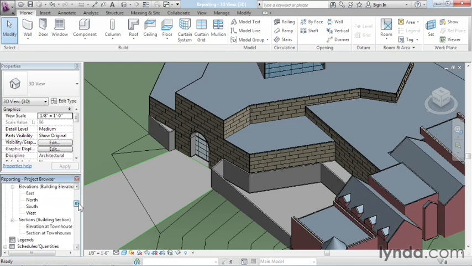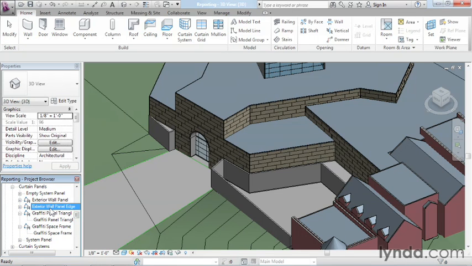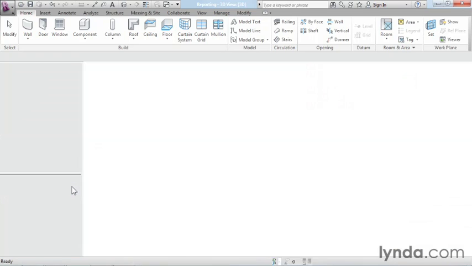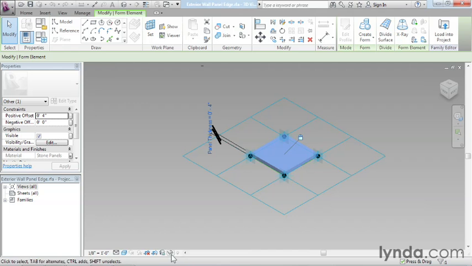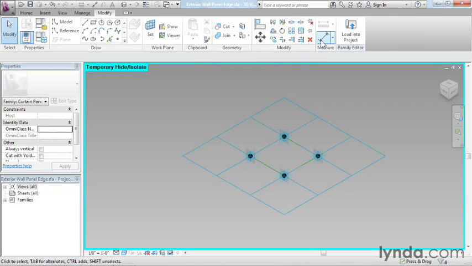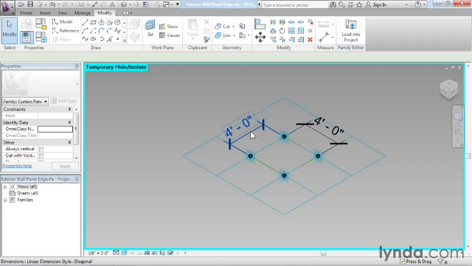Scroll back down in the project browser, and I need to repeat that entire process for the edge panel as well. So let's right-click and choose Edit. Tab in and select my form and hide it. Go to Dimensions. This is going to be panel height, and this is going to be panel length. Select this one,